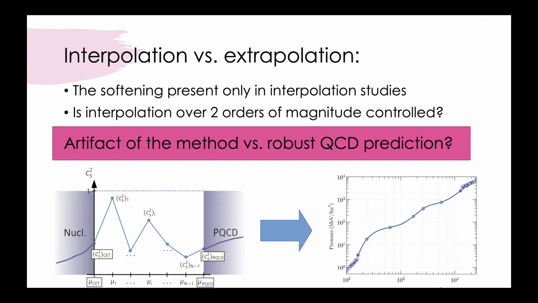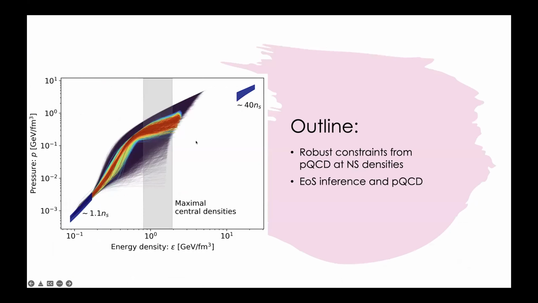We of course have tried to make sure that it is not coming from the construction by increasing the number of segments and trying different functional forms of the interpolation functions. But there's always this question that I feel uncomfortable with: is it really the PQCD that's giving you this information? Could it really be that this PQCD at 40 saturation densities leaks information down to densities of, say, five times the saturation density? And that's going to be the topic of this talk, and that has been the topic of my student Oleg Komoltsev's work so far.